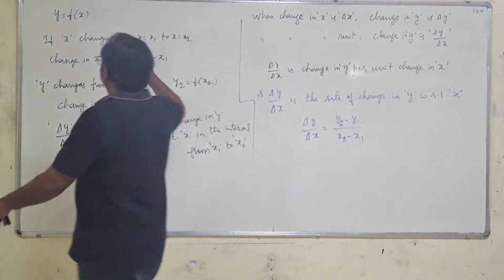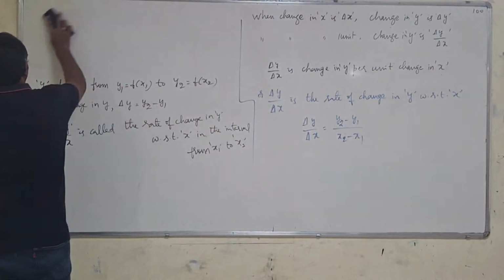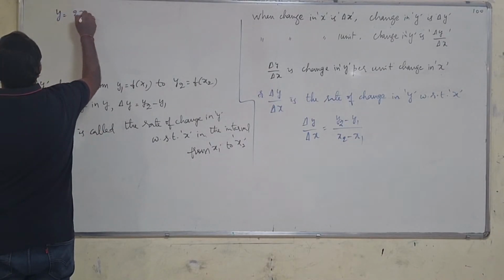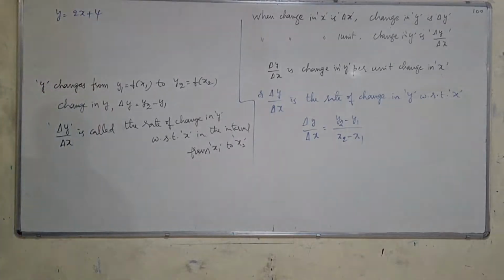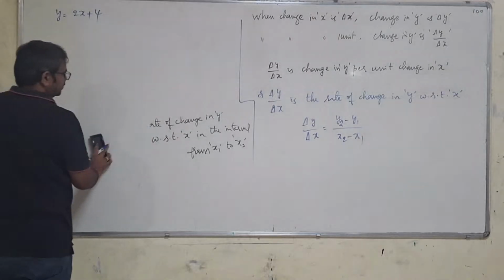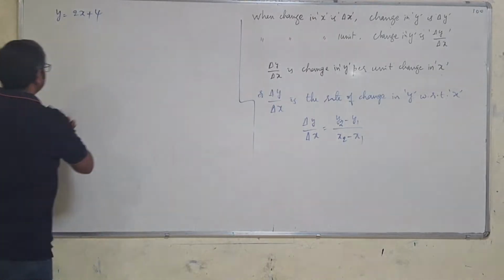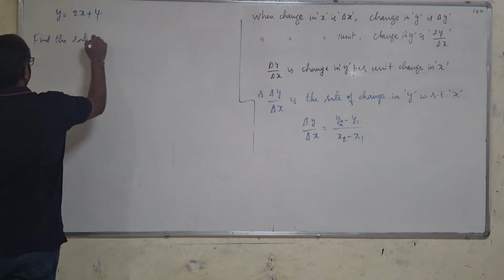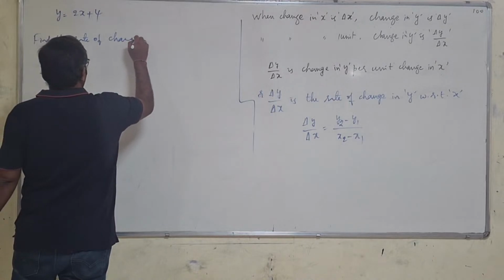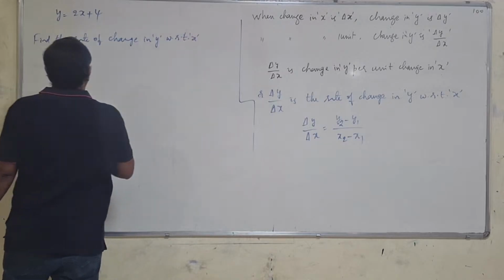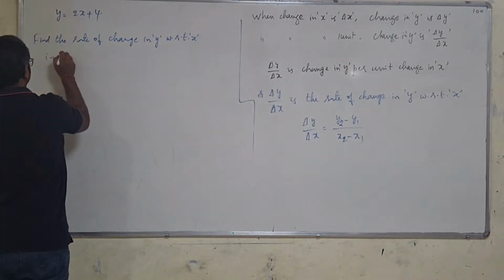Let's look at an example. Very simple example. Let's take the function y is equal to 2x plus 4. In this function, find the rate of change in y with respect to x in the intervals